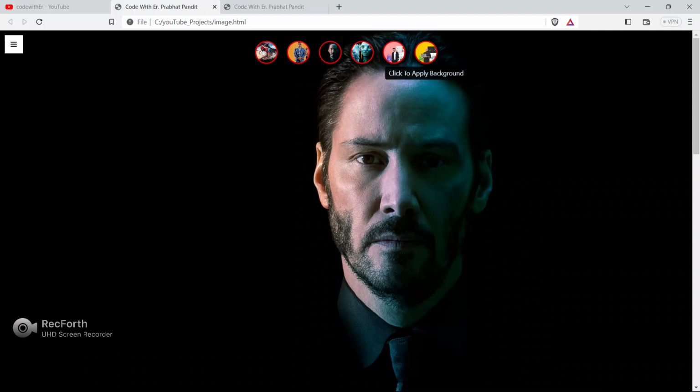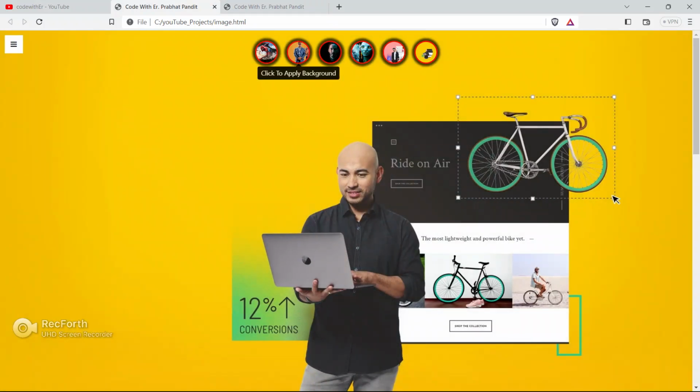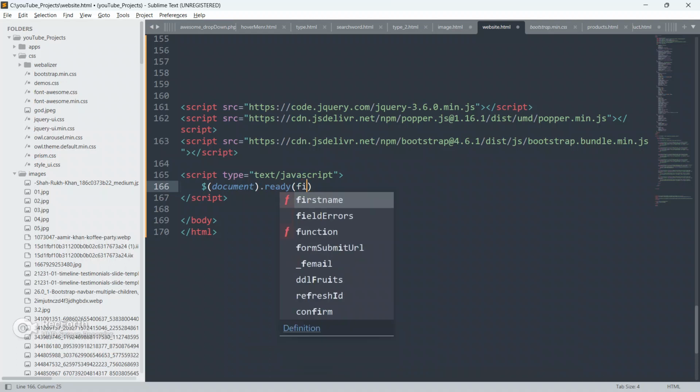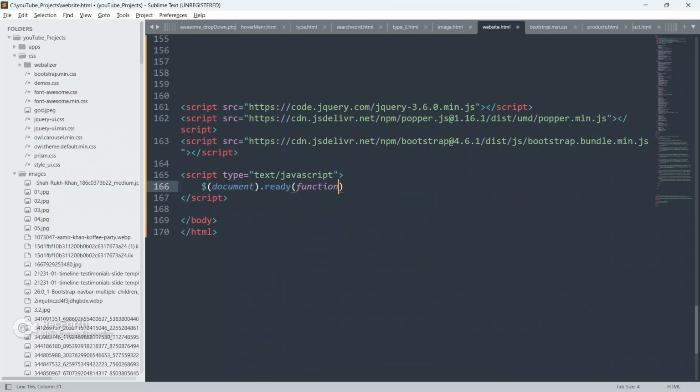First of all, I'm going to initialize this toggle. This is the tooltip. I'm going to initialize this tooltip now. This is a Bootstrap default, inbuilt tooltip. So I'm going to initialize this as document dot ready, then we will run a function.